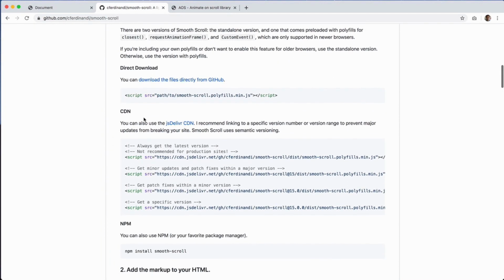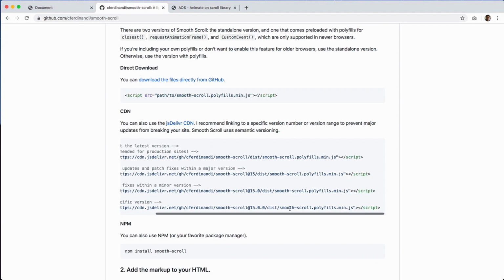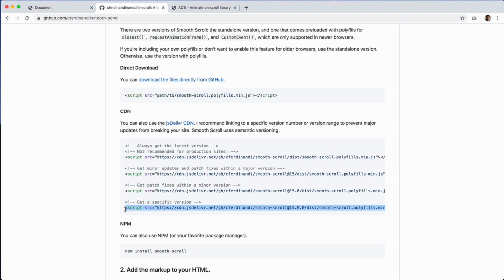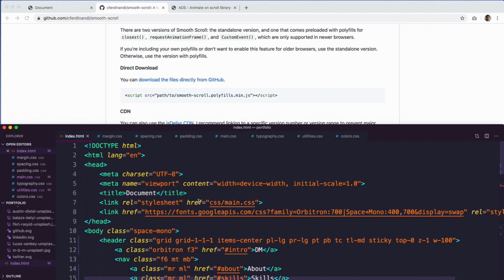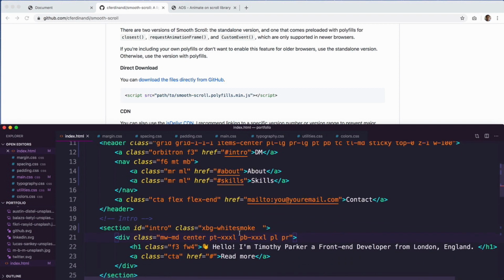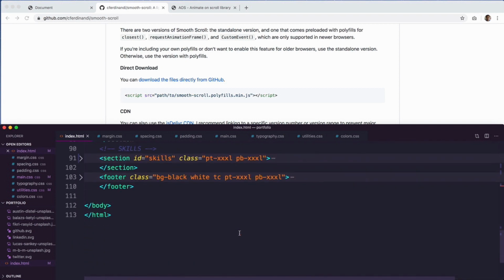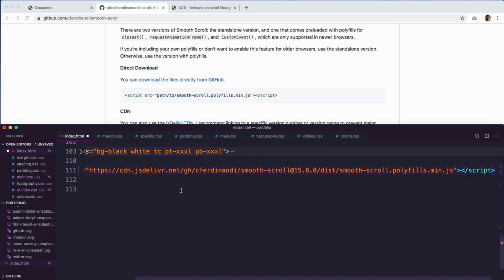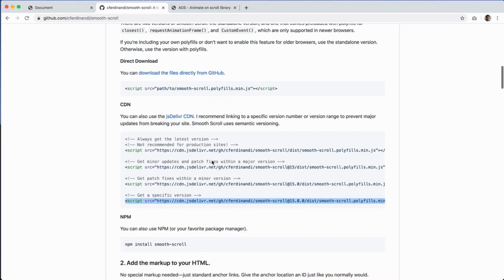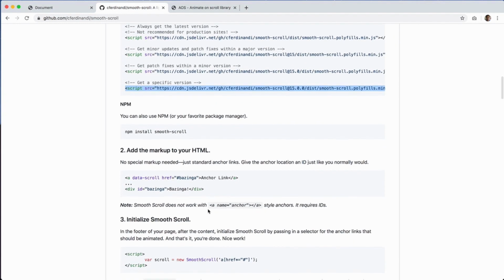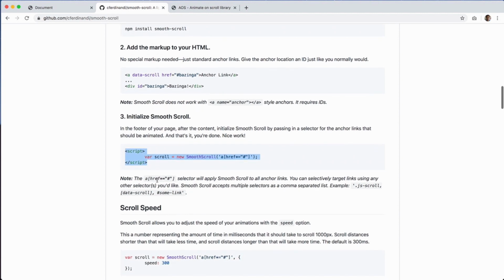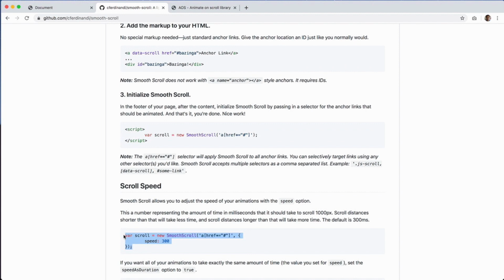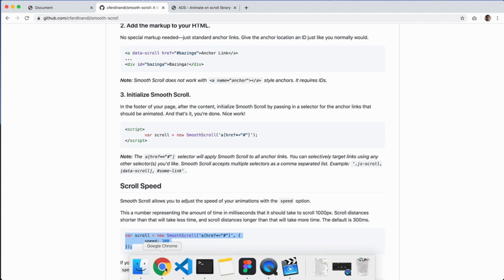is we get the CDN, get a specific version. So we just copy that and we'll just go to right before the body tag, and then we need to initialize. Actually, we are also going to play around with the speed. So